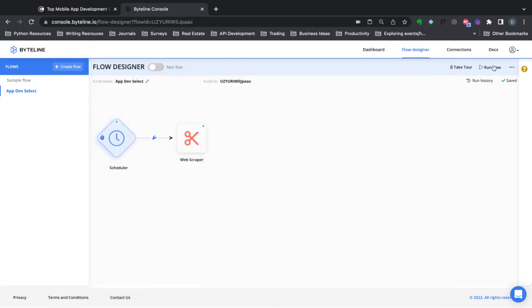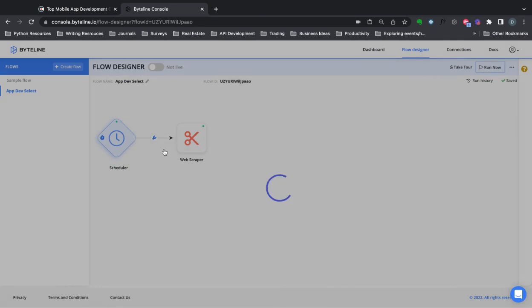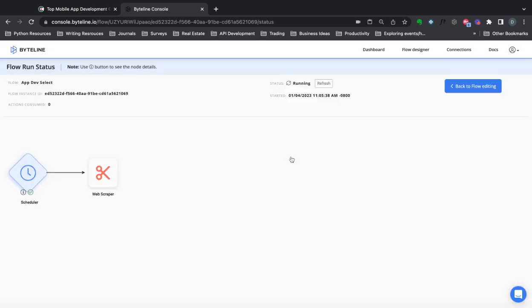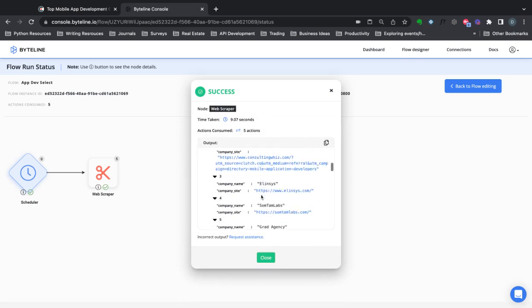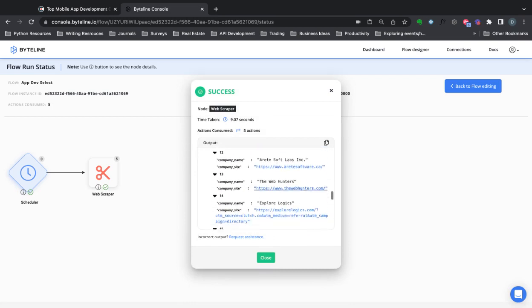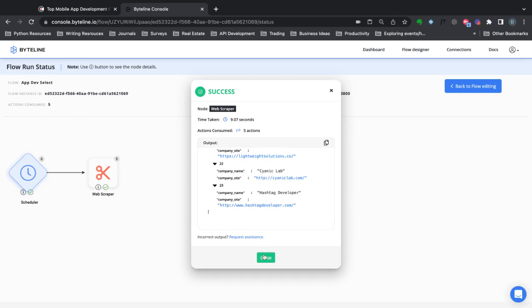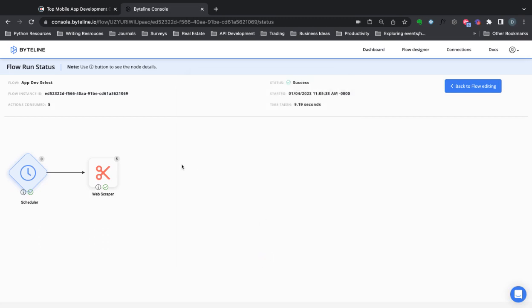What I can do now is just manually run this. And I can see everything that was extracted here. We got a 24 count and everything is looking pretty great. So we'll go into more detail in